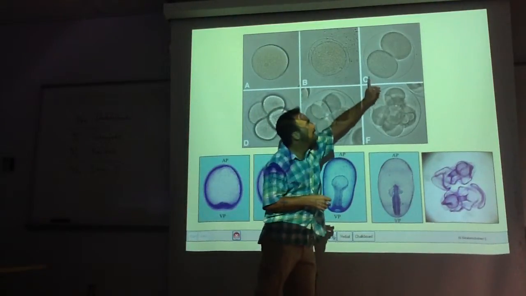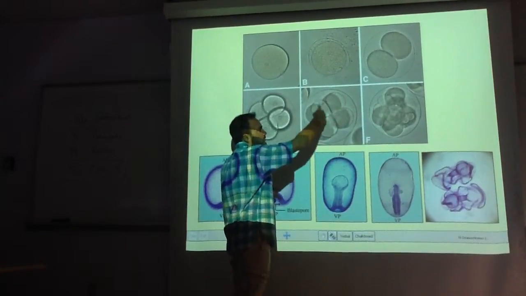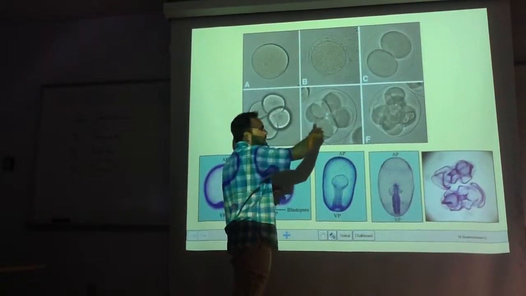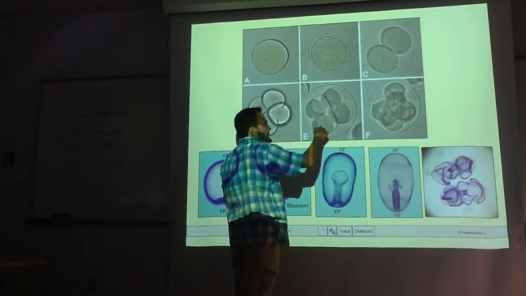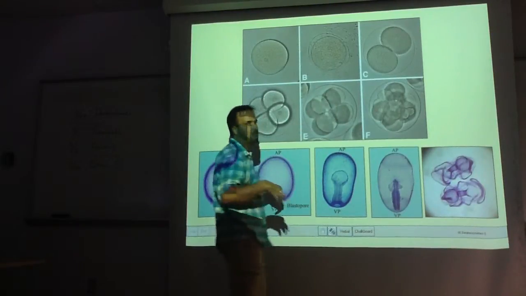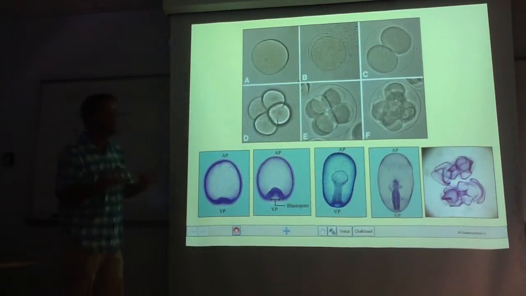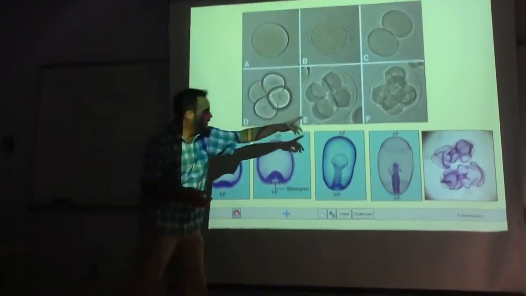Then it starts to cleave, so you have a 2-celled stage and a 4-celled stage. Here in this 8-celled stage, which is hard to get to look exactly like this, you can see the idea of radial cleavage, right? In the sense that these 4 are lined up on top of the 4 underneath them, as opposed to being twisted a little bit, which is presumably what you'd see in something that had spiral or some form of determinate cleavage. Then you go to a 16-cell stage.